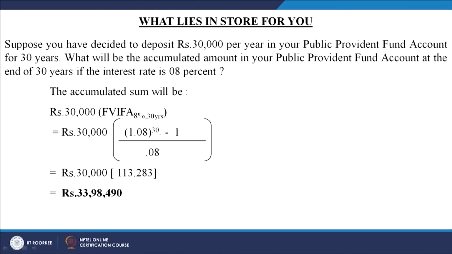So, look for the right interest factor, or if you want to apply the model, we have seen the model: 1 plus r power 30, the number of years, minus 1, divided by the interest rate. What interest rate are we expecting? These days the interest rate on the PPF account is roughly 7.8, or we are assuming it as 8%. With the help of this model, this works out as 30,000 multiplied by the FVIFA factor, and this amount becomes 33 lakhs 98,498. This is the total amount which will be accumulated.